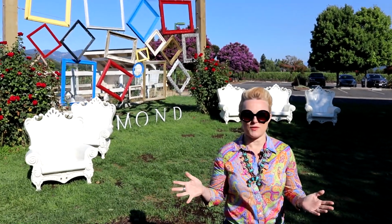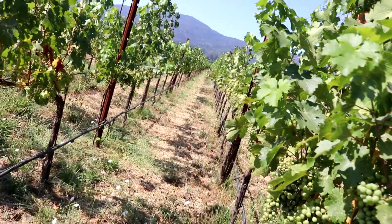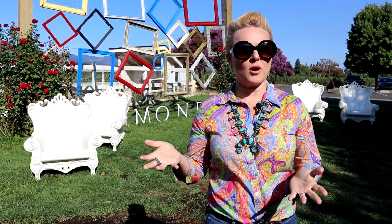Of all the partnerships that we've had at Cooper's Hawk, this one with Raymond has got me really excited, in particular because of the way that they farm. And we're out here at Raymond today to walk through the vineyards and talk a little bit about what biodynamic farming means. They've been certified biodynamic for a number of years, and this is a style of farming that's similar